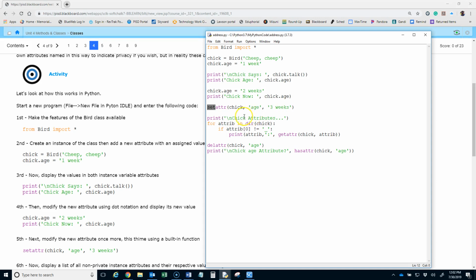We're going to print out the attributes, and we're going to use a for loop, so for attribute in dir(chick), so we're looking at chick. If attribute[0] does not equal an underscore, we print attribute, colon, getattr(chick, attribute). Then we're going to delete our age and then print out whether or not that attribute is still there. hasattr(chick, 'age'). If we don't have it anymore, it'll tell us False. So we're going to run this,